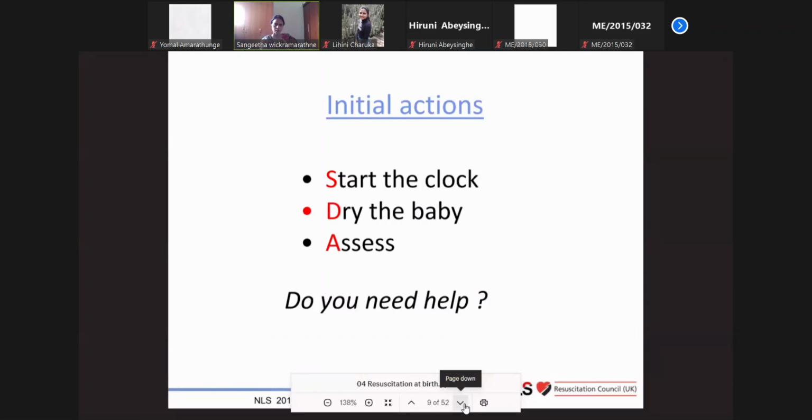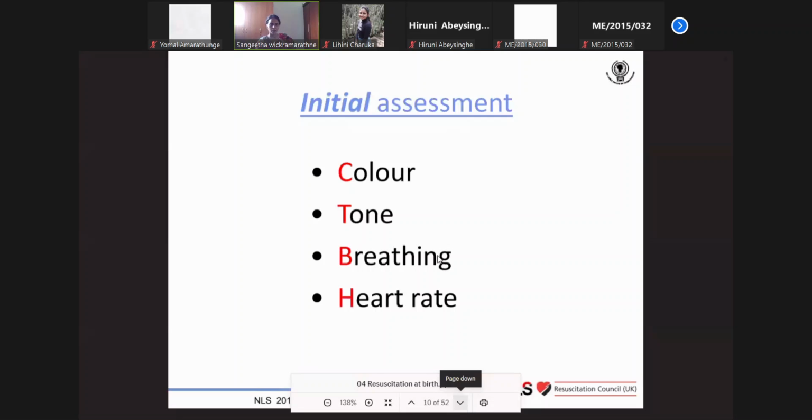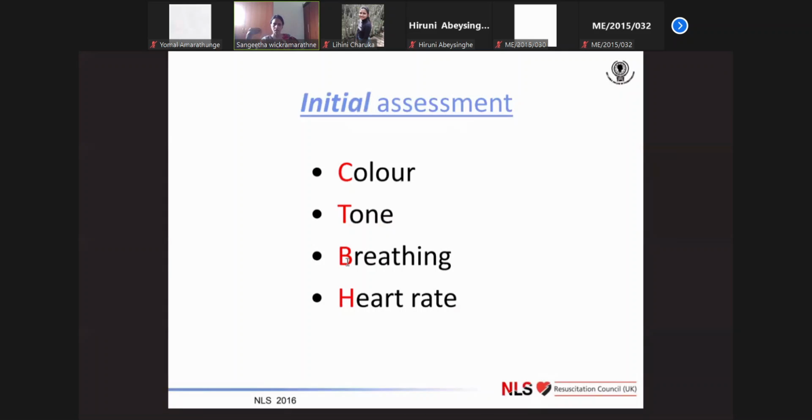So the initial actions I told you: start the clock, dry the baby, and assess. Assess and see whether the baby is bad. If the baby is very bad, you might ask somebody to call for help, inform a senior then and there, right? Don't wait. So then you have the initial assessment. You have to look at these 4 things. And in between, whenever you reassess the baby, these 4 you have to remember: color, tone, breathing, and heart